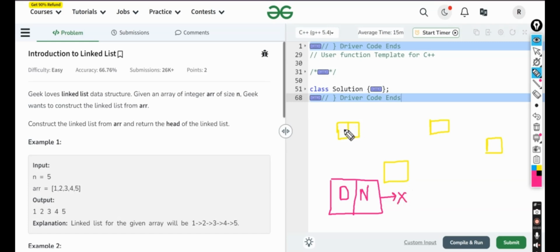So what happens now? This is our first. Now when we declare a linked list, this would be the D and this would be N. The next will store the index to the next pointer. Now it will also have its respective data, and whatever will be the N, it will store the pointer to the next. There is no such restriction that there is this much data or that much. You can assign any, and whatever the pointer would be, it would be there. Now this type of data is formed,